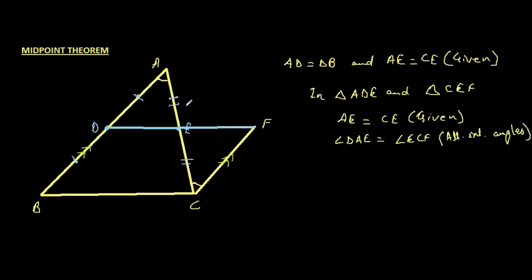Well, we don't have anything else given, but what we can see from these two triangles is that there's a line AC here and there's a line DF here, and both are intersecting at the point E. And we know that when there are two intersecting lines, then the opposite angles are called vertically opposite angles, and they are equal in all cases. So we know that this angle here is equal to this angle here. Let me name the angles also. So angle AED is equal to angle CEF. We can write them as vertically opposite angles.